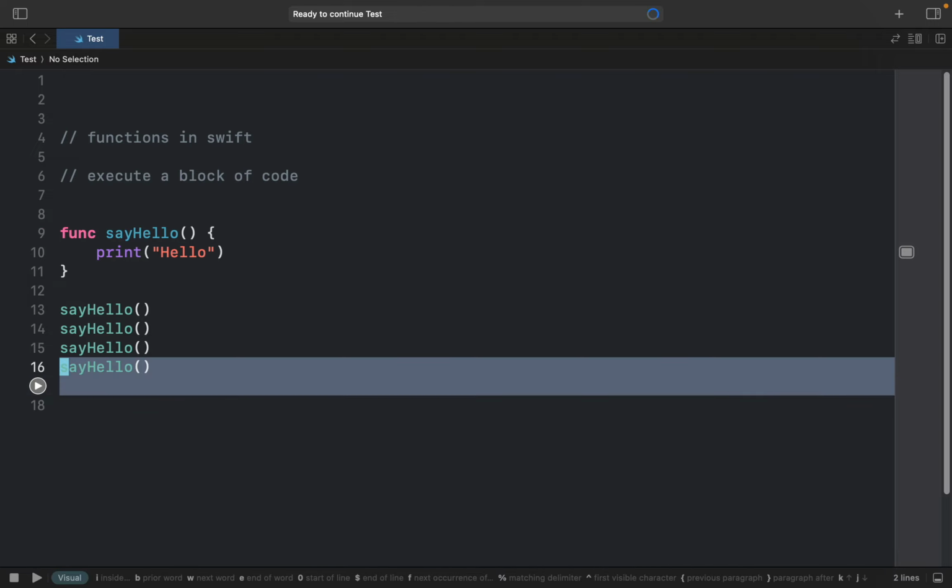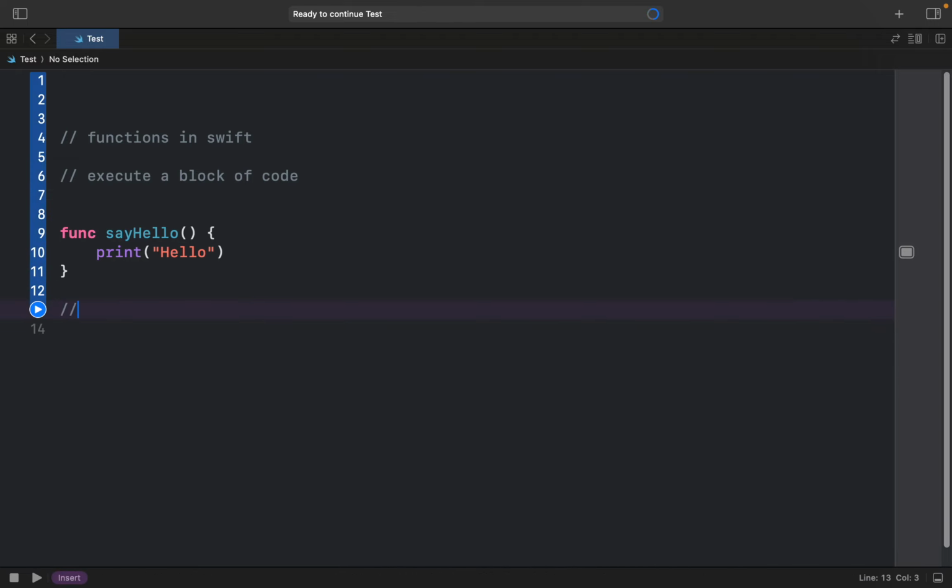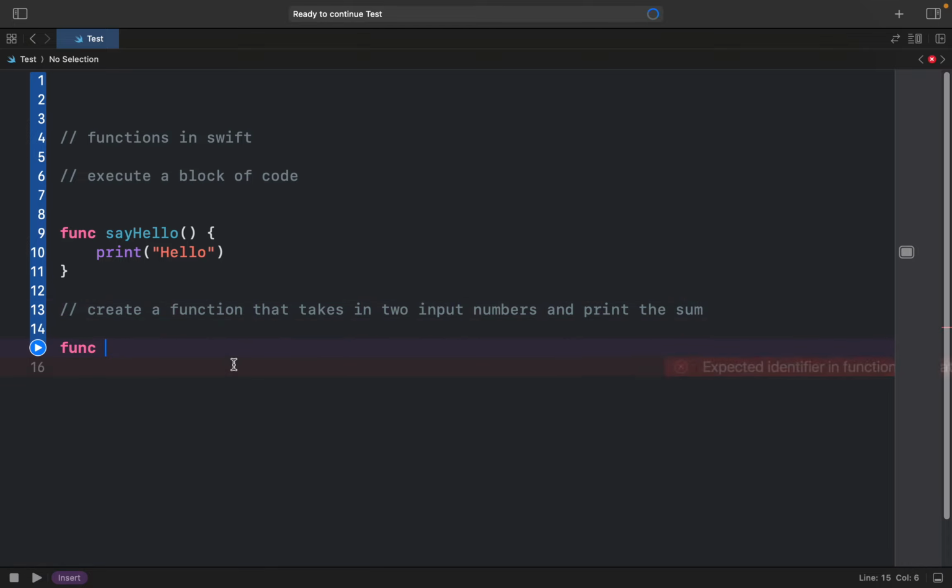Now what if I want to create a function that takes in two input numbers and prints the sum? You can add a function, and if we want to take two input numbers, what we have to do is provide parameters